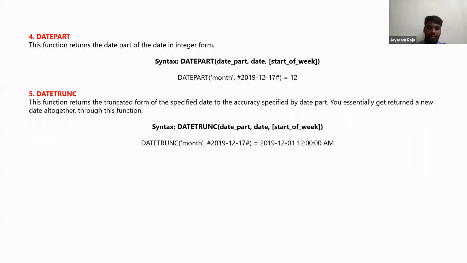Here you want to truncate based on month, so 17 December is truncated as December. If you give week starting, then whichever week the date falls in, the start of that week will be returned. So if you want to find the earliest date of the date part, you can use the date trunc function, so that we get back the earliest date of whichever date part we have mentioned.